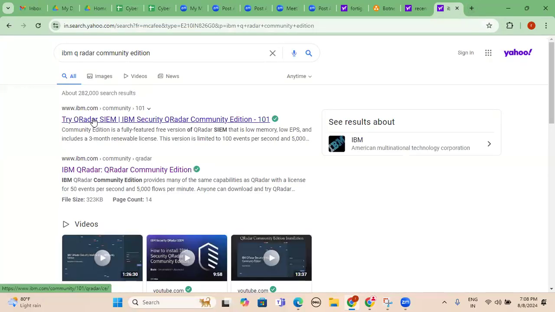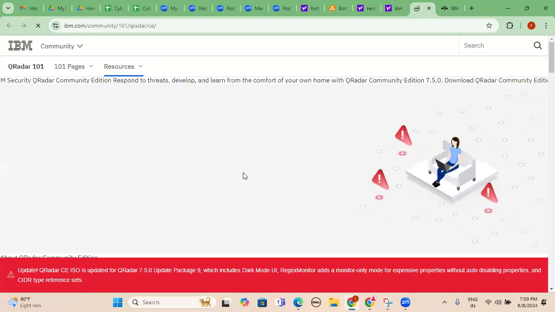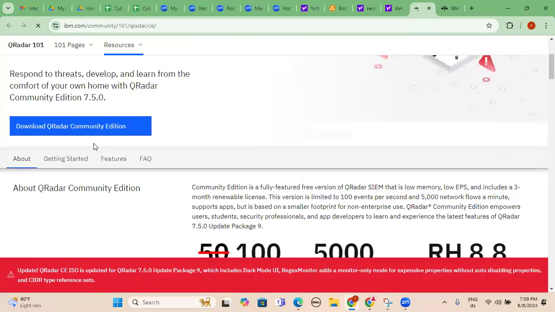So if you want to install any SIEM tool on our personal laptop or maybe any Unix operating system, we can go and download this particular software and install it. So this is a PDF file. For this, if you want to download, obviously we have to register through our professional email ID or personal email ID. Thereafter, we can go and download our software. So it's legitimate. But what is a Trojan here?